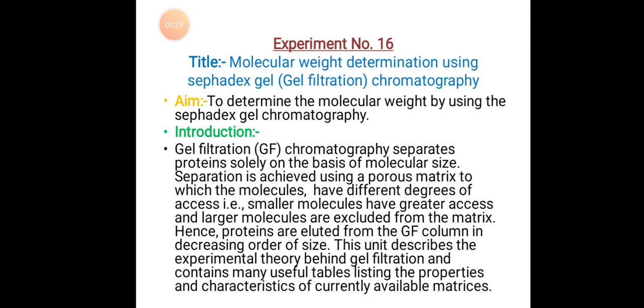It is also known as GF, that is gel filtration chromatography, which separates proteins solely on the basis of molecular size. Separation is achieved using a porous matrix to which the molecules have different degrees of access, that is, smaller molecules have greater access and larger molecules are excluded from the matrix. Hence, proteins are eluted from the GF column in decreasing order of size. This unit describes the experimental theory behind gel filtration and contains many useful tables listing the properties and characteristics of